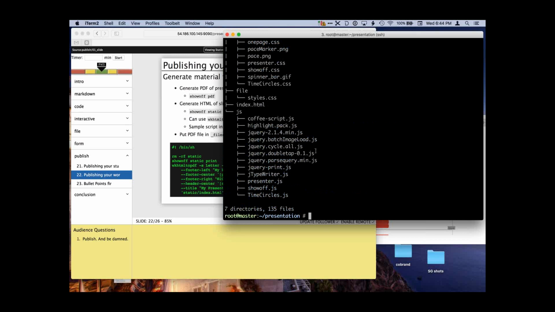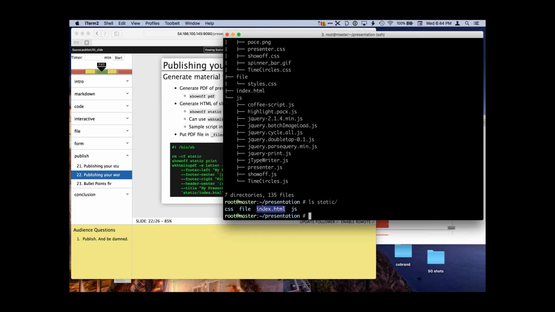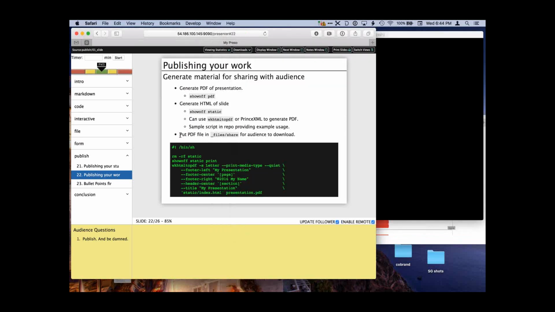And in the static directory, there's all the content. There's my index.html. That's a static copy of what this presentation is. That's not really all that useful to me right now, but what I can do is I can use WKHTML to PDF, or I can use prints or any other tool to turn that into a PDF file.